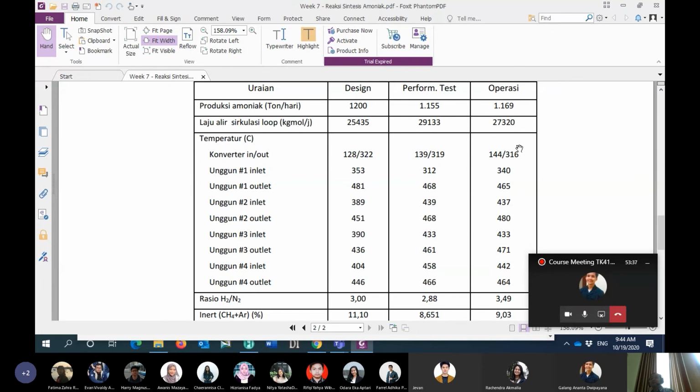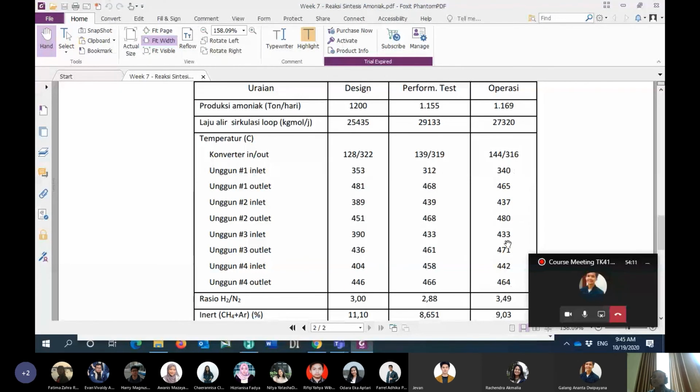So the purpose of this study, actually, is that the company asked me, or asked you as the chemical engineer, which bed of this reaction has a lower value compared to the design. Which bed in the ammonia synthesis reactor has the lower performance.